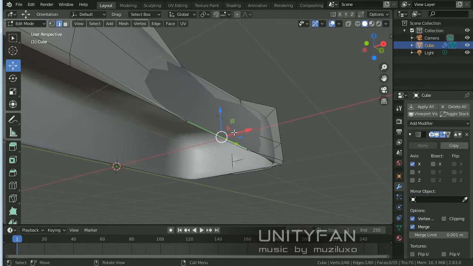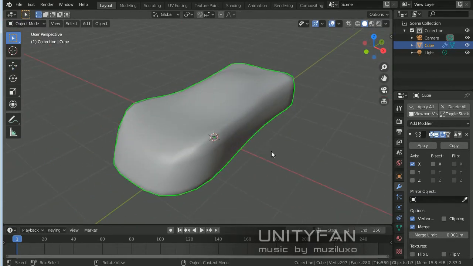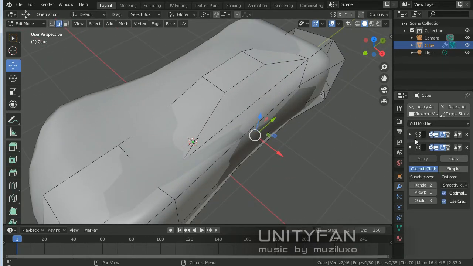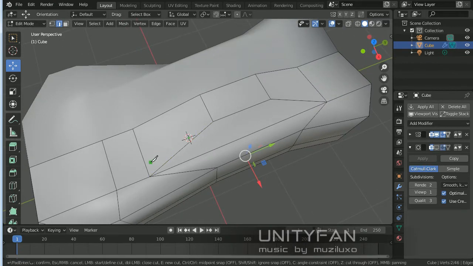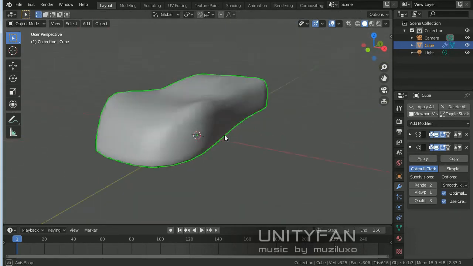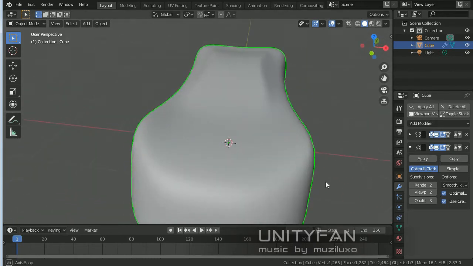Okay, we got a very basic shape. Maybe add a little edge here. Okay. And